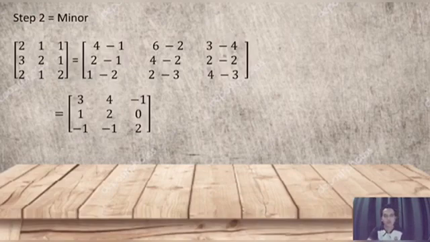And the answer is first row 3, 4 and negative 1, second row 1, 2 and 0, and third row negative 1,